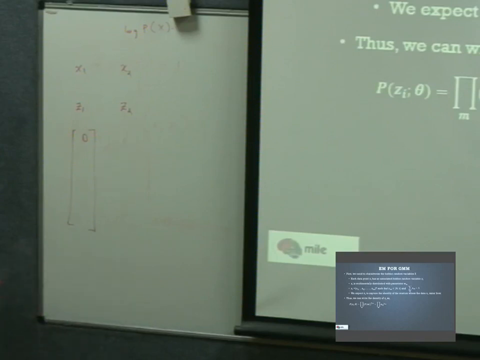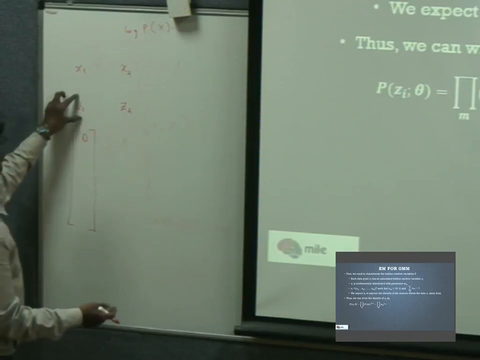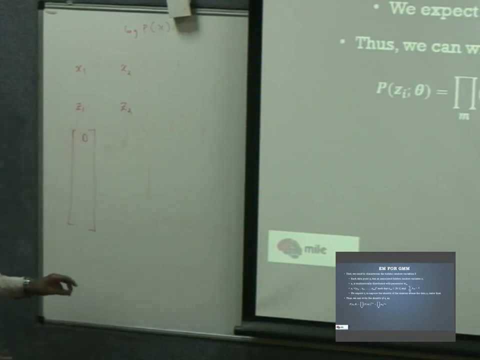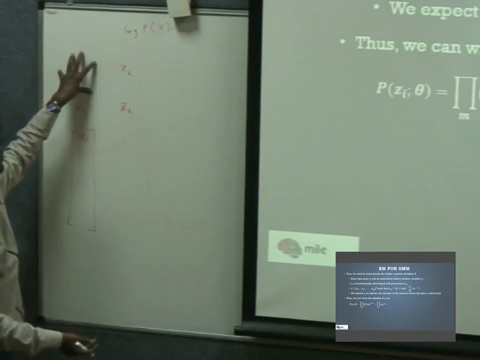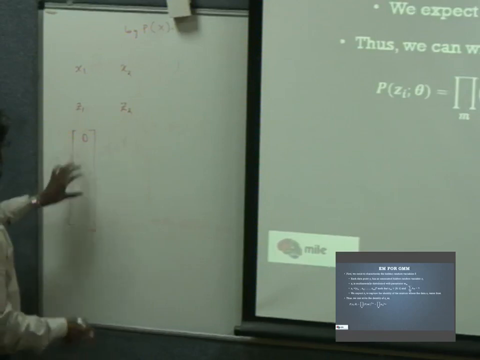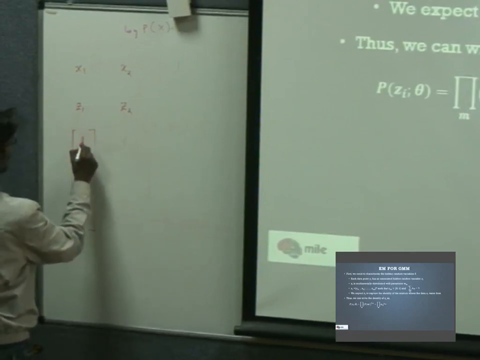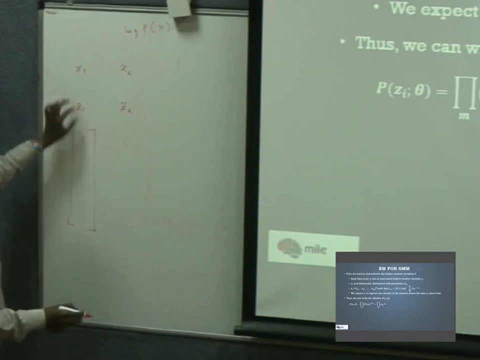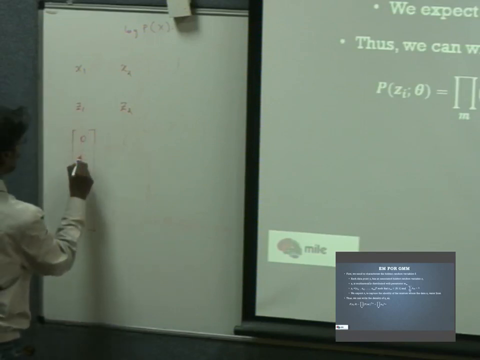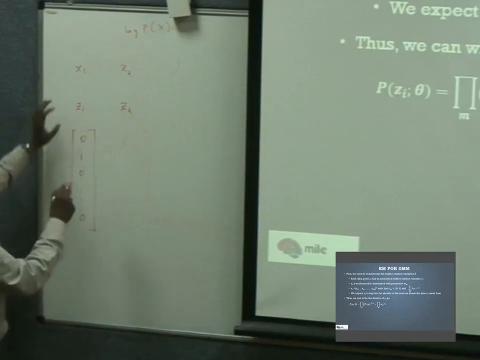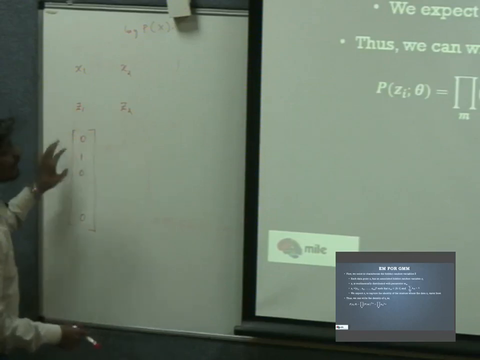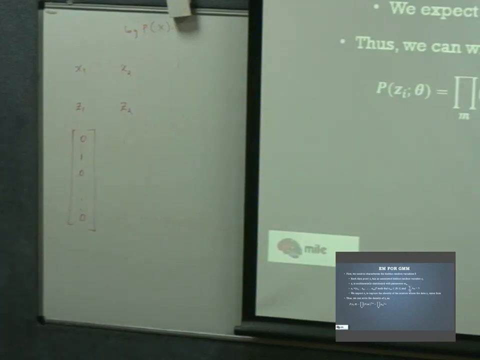So by assuming z to have this multinomial form, what we expect is that z should somehow capture from which mixture this vector is coming from. If it is 1 here, then it is likely to come from mixture 1. If it is 0, 1, 0, 0 here, then it is likely to come from mixture 2 and so on. So that is what we explicitly wanted the model to do, to model z in such a way.